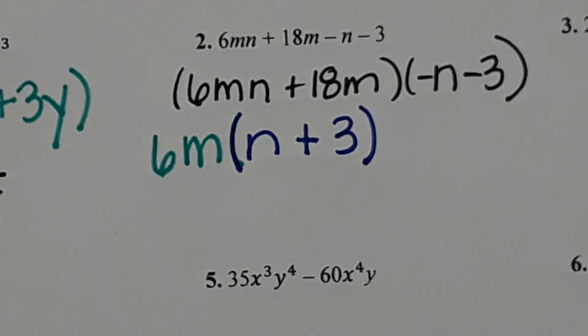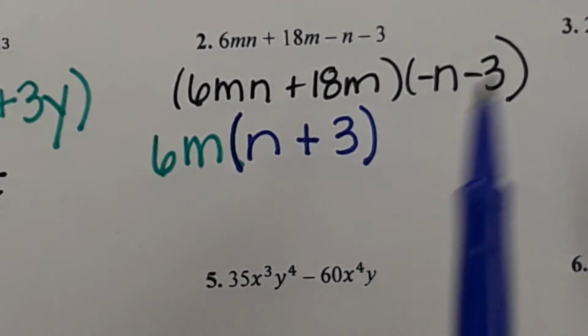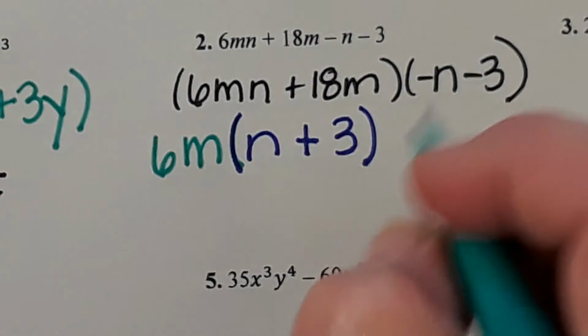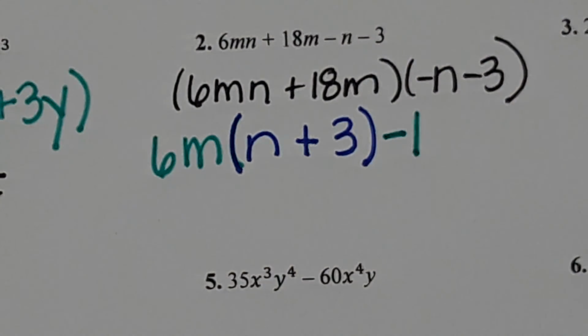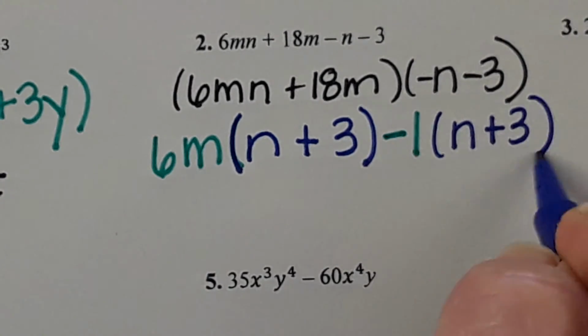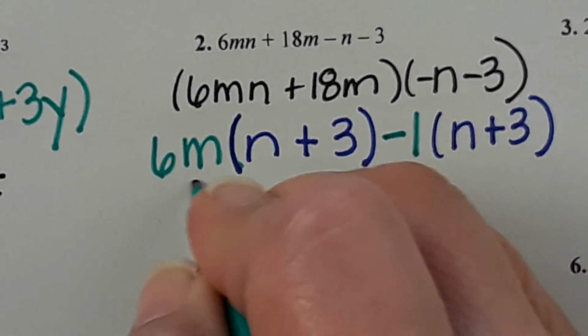No matter what, you will always have something in common. Yes? If there's always 4 terms, will it always be grouping? Yeah. Okay, stop. Don't move. What do negative n minus 3 have in common? You guys, even if it was n plus 3, you still would have pulled out a 1. What's left over? My final answer is, and